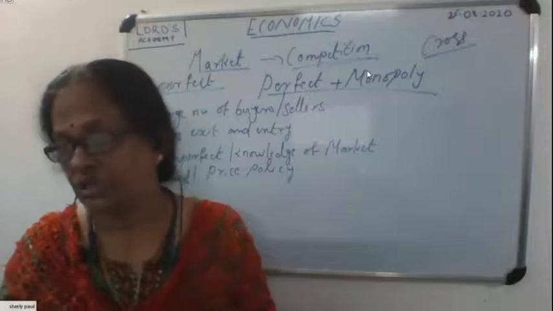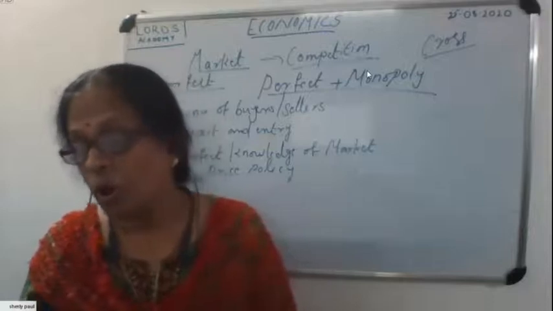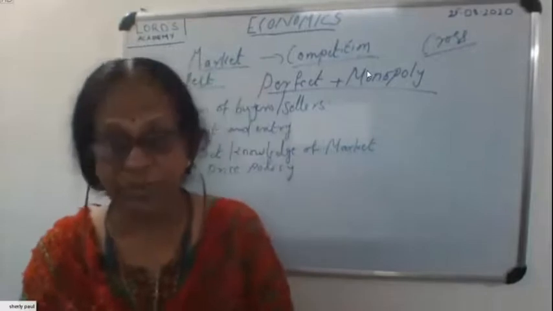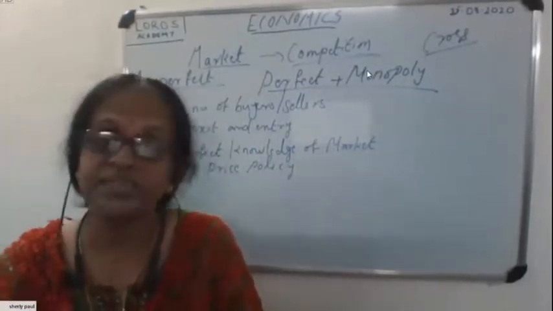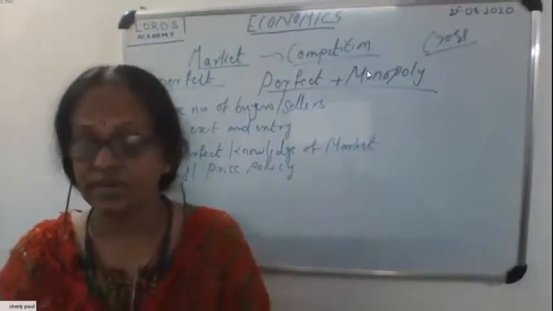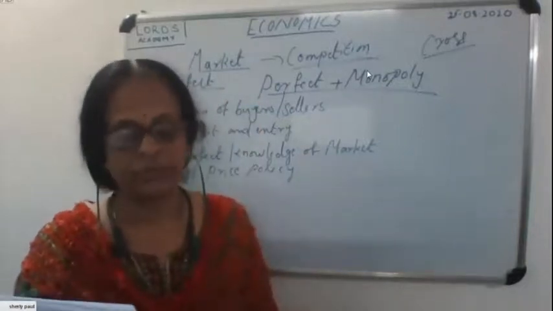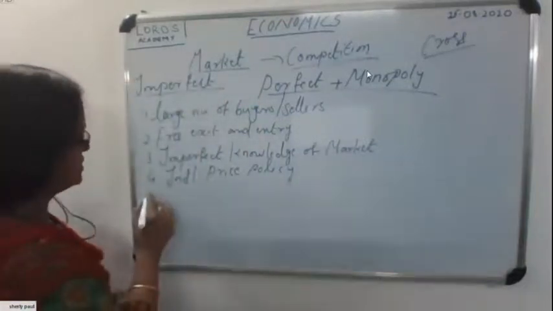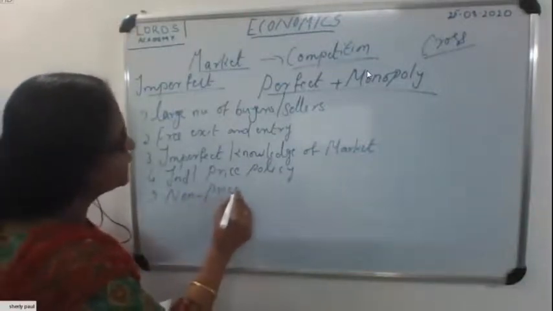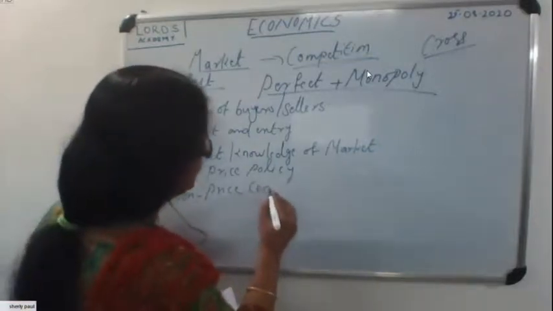Now, non-price competition. Another important feature of monopolistic competition is non-price competition. All the firms try to capture the market through various methods of competition other than price cutting. These methods may be a guarantee for free repairs, after-sales service, a gift scheme with a particular purchase, or a special discount on a particular purchase. That is non-price competition. Then we come to another important topic, product differentiation.